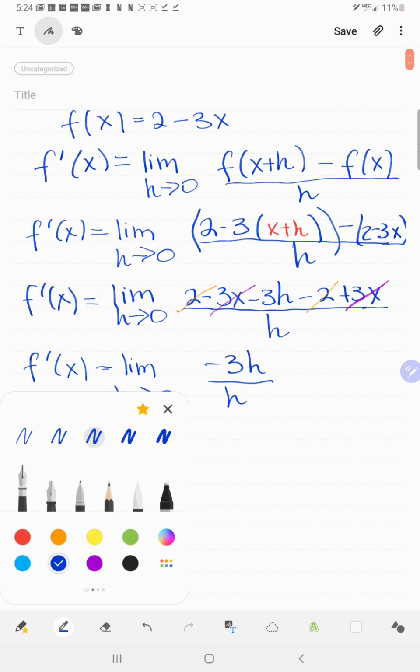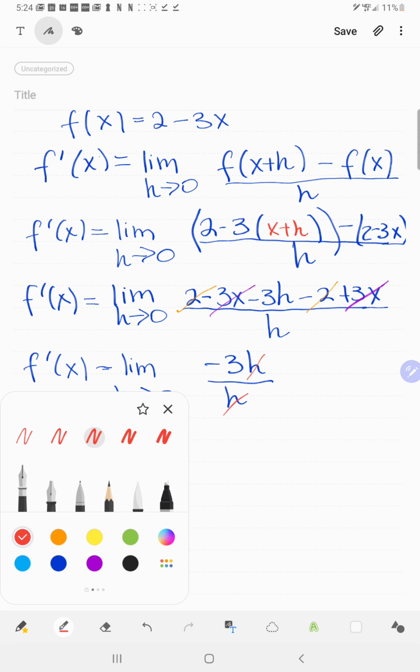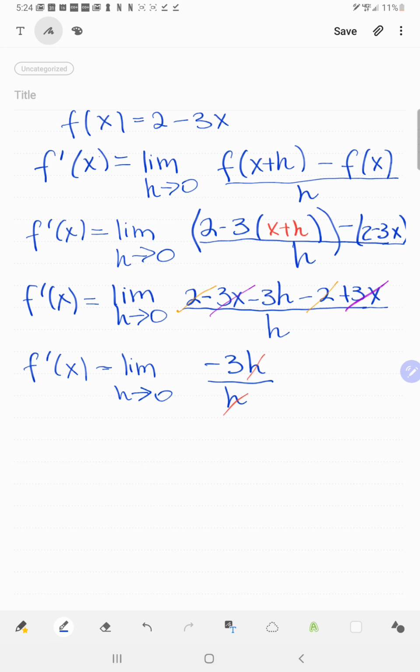So right now we can cancel the h on the top and the bottom, and in this case remember this is division, so we'll be left with f prime of x, and then we need to take the limit as h approaches 0 of just negative 3, and because we don't have any h's here, that limit would be just negative 3. So this was our first derivative,